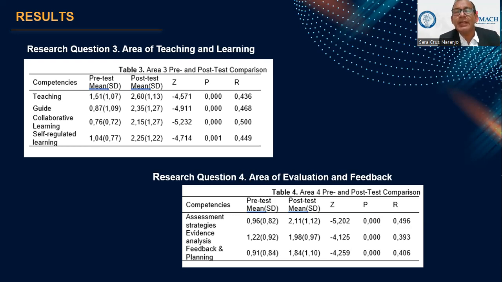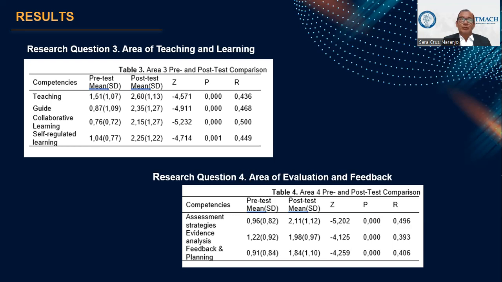At the B1 level, the number of participants increased, in this case from 44 teachers, which means 77%, to 16, which means 29%. At the B2 level, there was also an increase from 0% to 9%, which means 16%. At the C1 level, there was an increase from 0% to 4%, which means 7%. And at the C2 level, there was also an increase from 0% to 1%, in this case representing 2%.